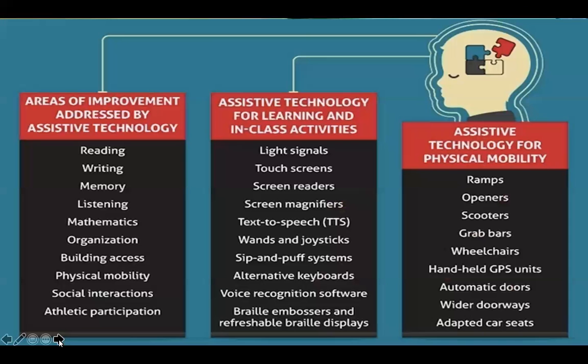Here's a quick slide that just tells you all the different ways you probably have already used technology in the classroom, by subject, different activities you may have used. So whether it's reading, writing, memory, listening, mathematics, trying to teach organization, building access, physical mobility, having social interactions, or even having athletic participation. All this could be used to help our students through technology and all the different technology